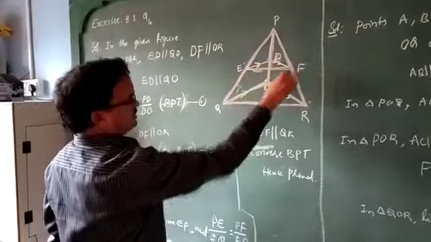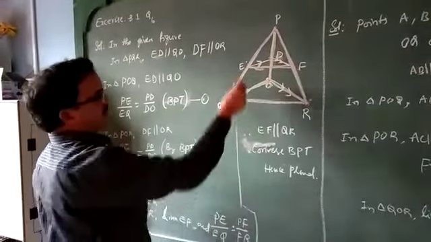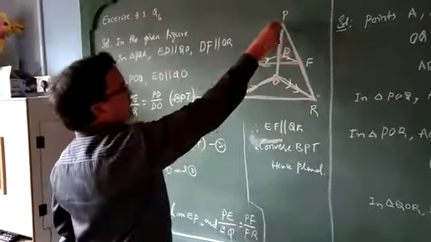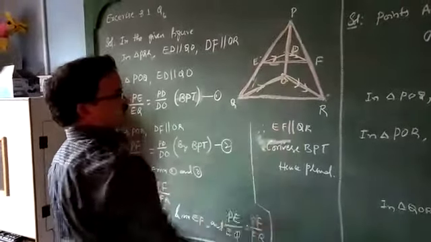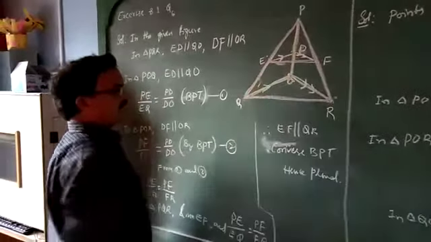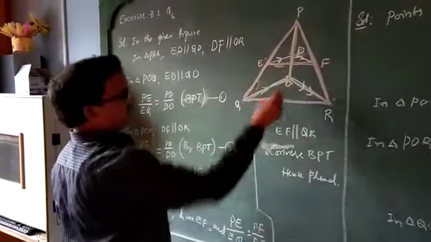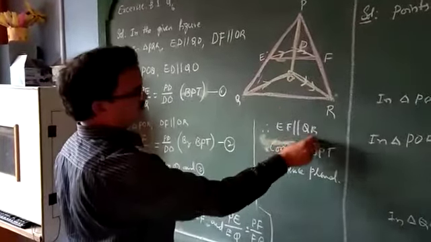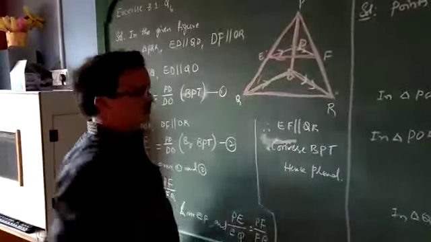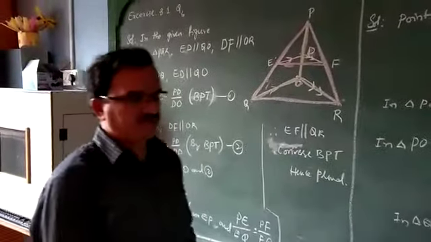EF is one line. In a triangle, a line which divides two sides of the triangle in the same ratio is parallel to the third side. It is the converse of BPT. EF is parallel to QR. From converse BPT, these two lines are parallel. Hence proved. Next we will go to